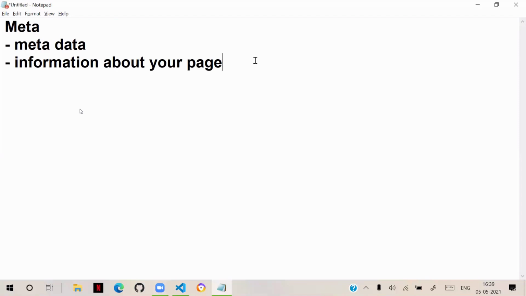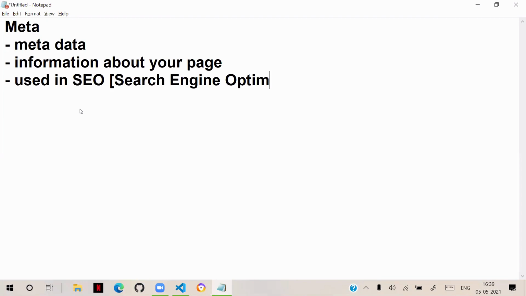Information about your page is used in SEO, search engine optimization. That means when search engines are searching, they can use this meta to identify your page.